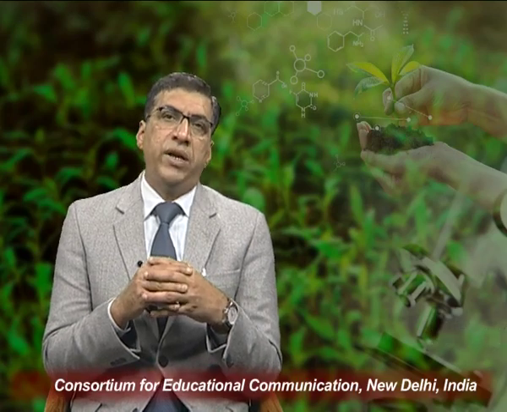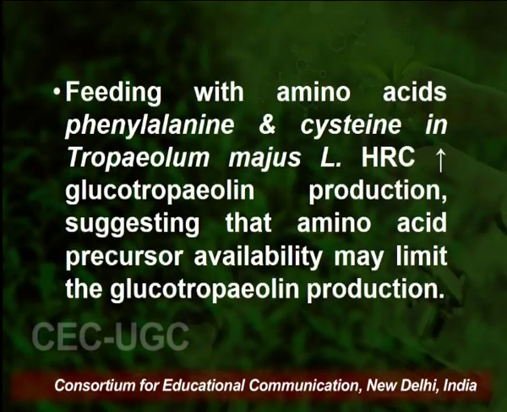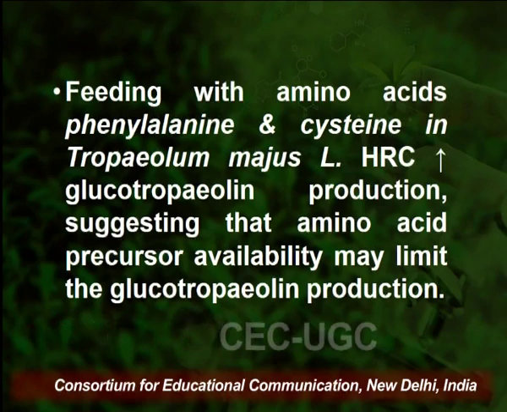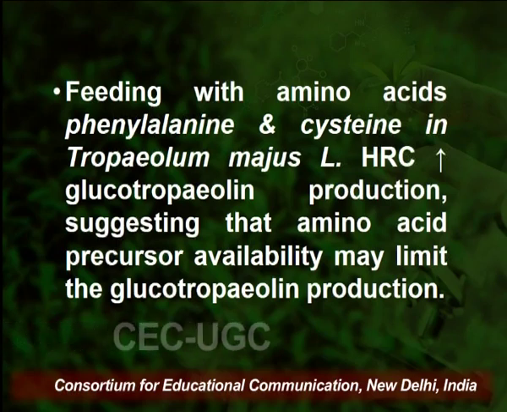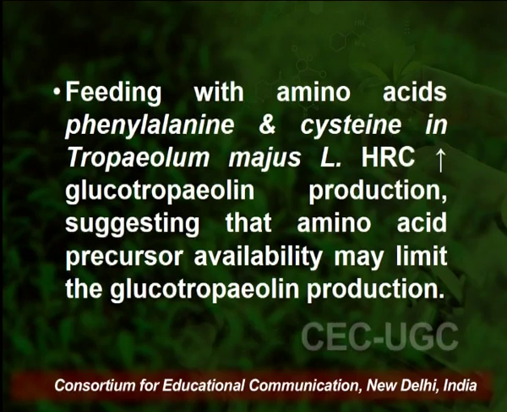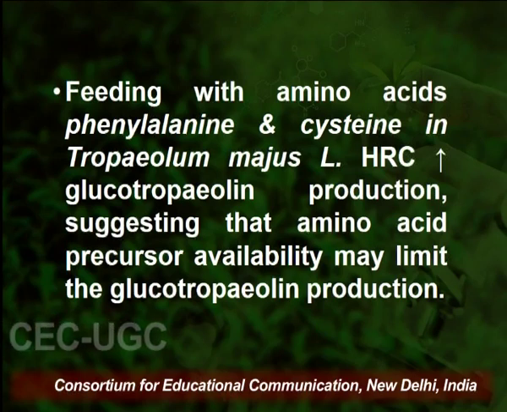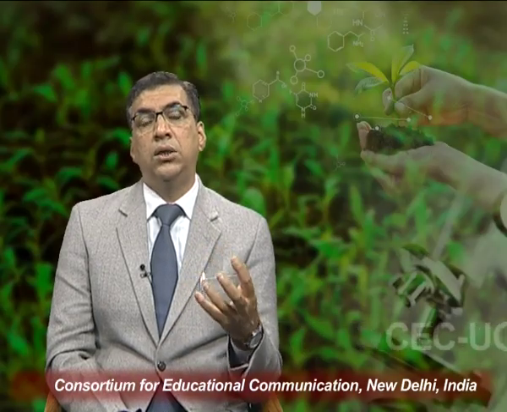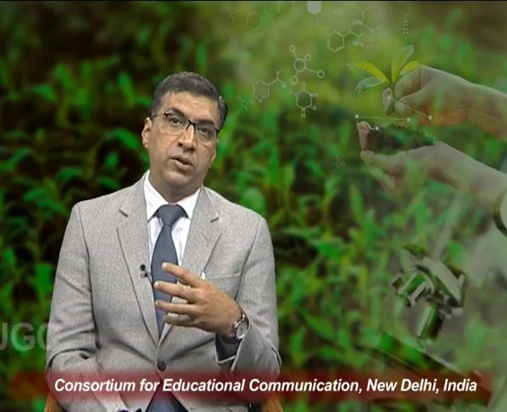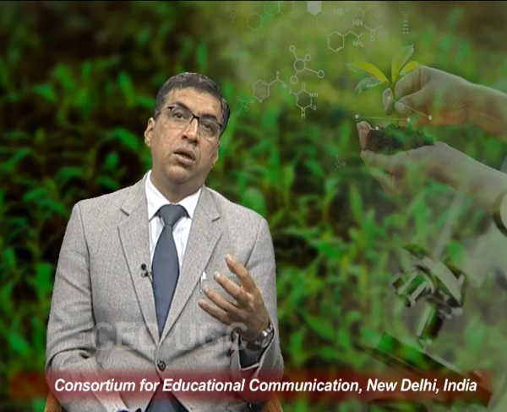It was found that feeding of amino acids, specifically phenylalanine and cysteine, in Tropaeolum majus plant hairy root culture enhances the production of glucotropaeolin, which shows that amino acid precursor availability was the limiting factor for the production of the glucotropaeolin molecule. So, this also helps in understanding the biosynthetic pathway of a desired secondary metabolite, and what the major molecules are that can act as the limiting factor for the production of this secondary metabolite,